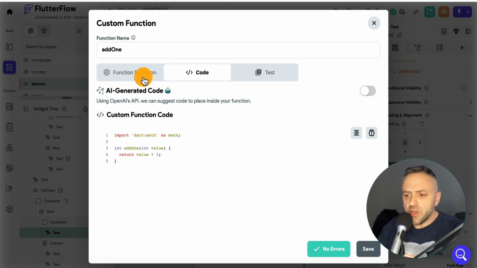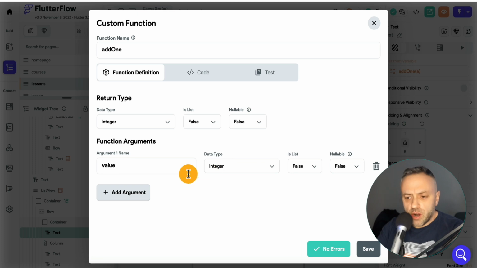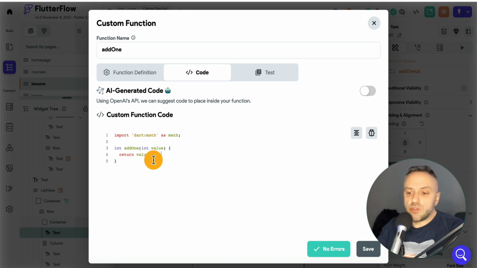And so what we're doing here is we have one argument, and you can have multiple arguments. For instance, if you're adding two numbers, you're going to have two arguments, right? If you're incrementing a number, that +1 is always going to be +1. So you have one argument as input. And so we have the input value. It's an integer. It's not a list, and it's not nullable, okay? And I'm going to talk about that in just a second. And the return type also, an integer, is not a list, and it's also not nullable. And then you come here and you write the code. So in this example, I'm getting the value, I'm adding 1.